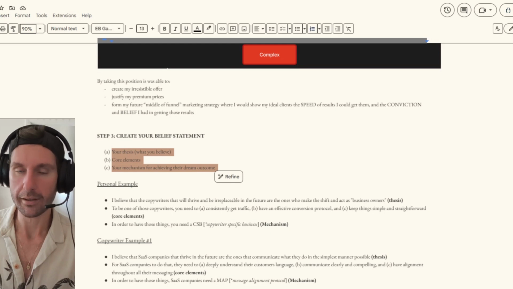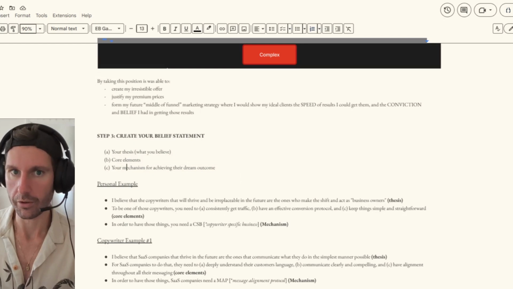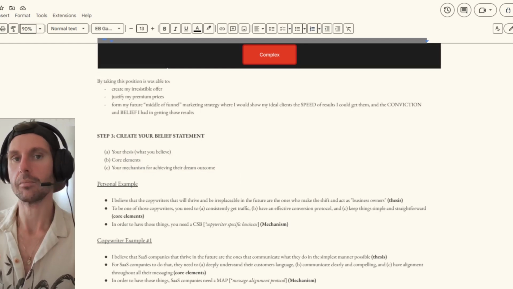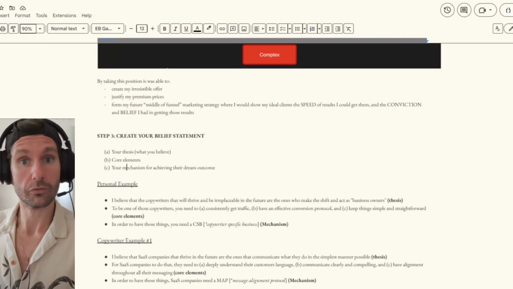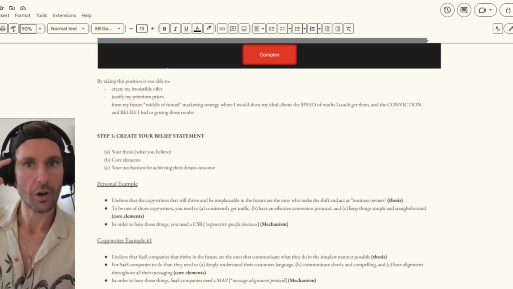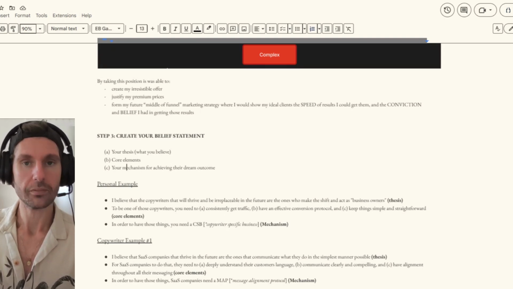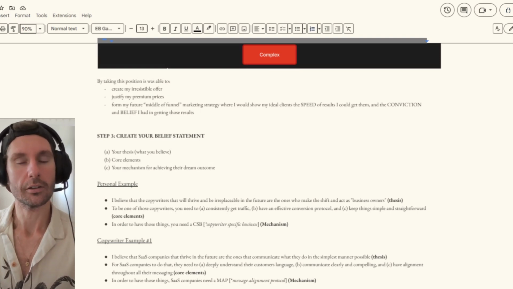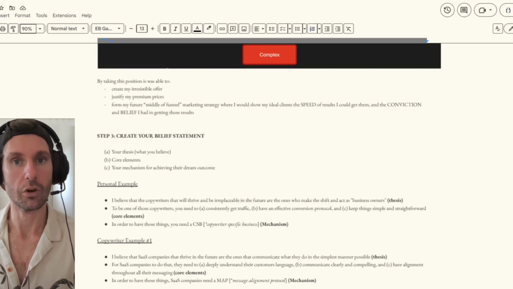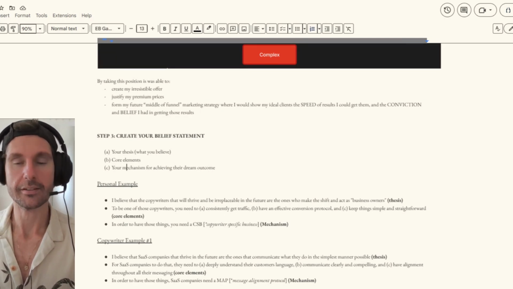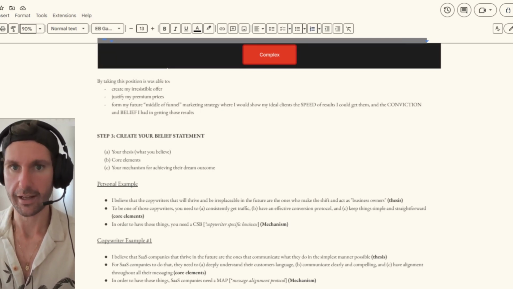And then you have your mechanism, which is what goes about creating the dream outcome, what the core elements are included inside. So this is something that you will hold to yourself, but it's going to help you simplify what it is that you're doing, why you're doing it, who you're doing it for, and how you do it. And this is something that you then include towards the bottom of the funnel once you have prospects who are